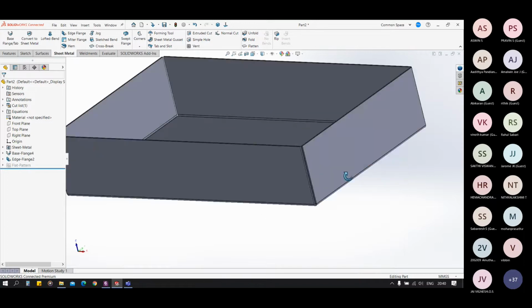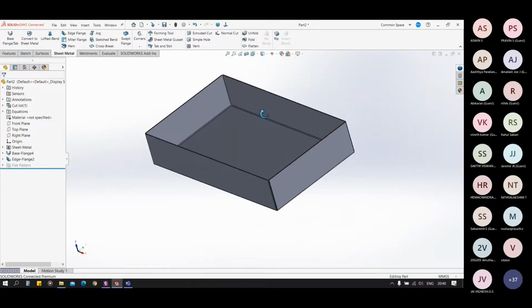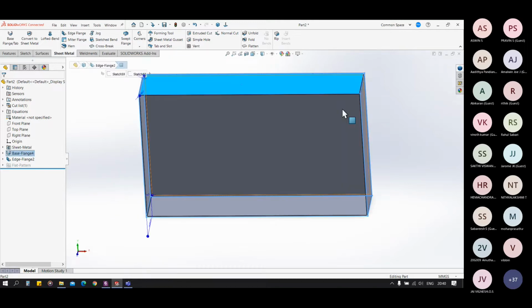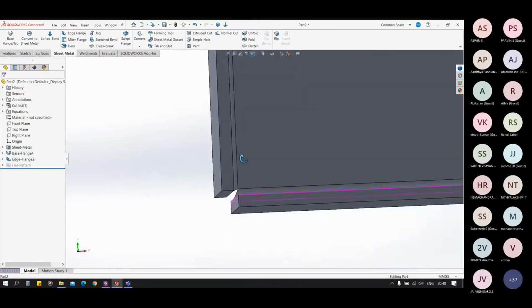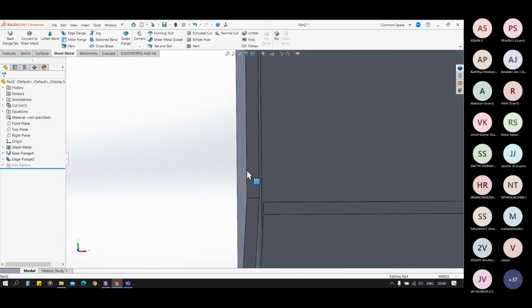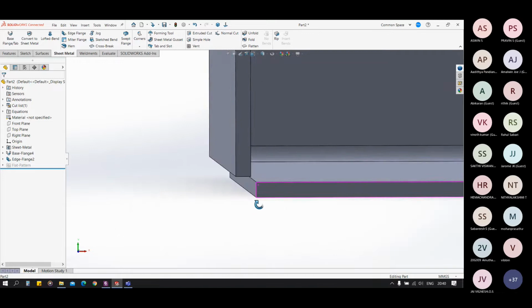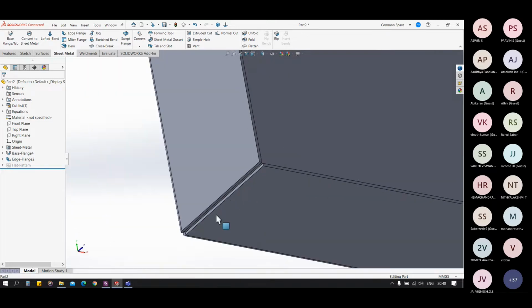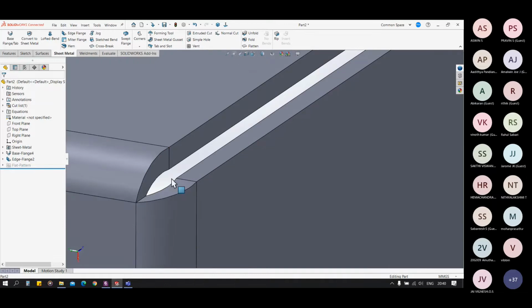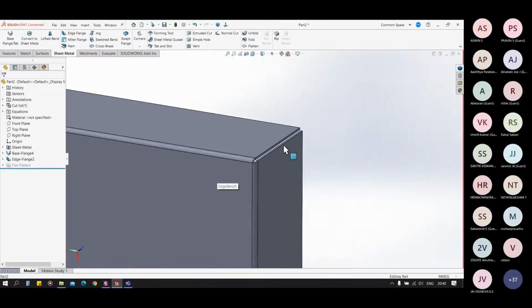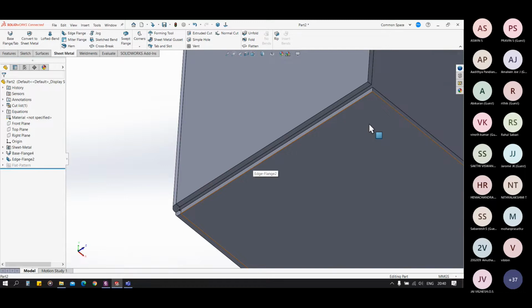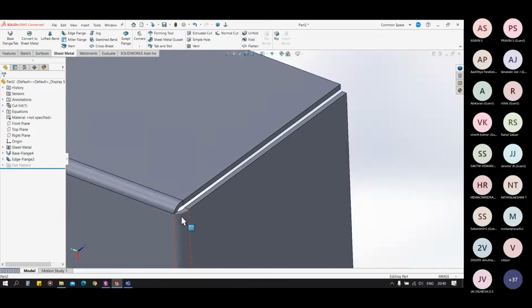So now we have this sheet metal box of one base flange and 4 edge bends. Now you can see what the corner is like. The corner is cut from both the ends, and you can see this corner.